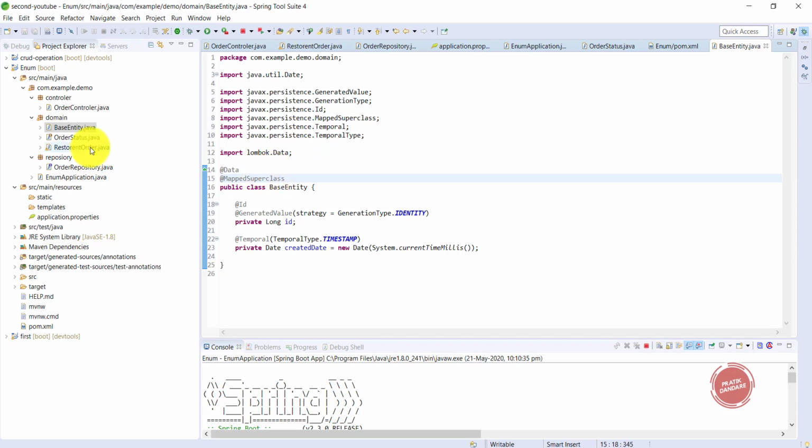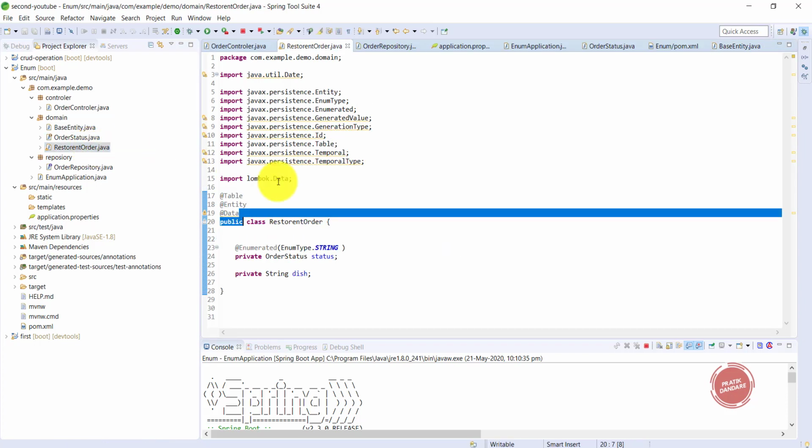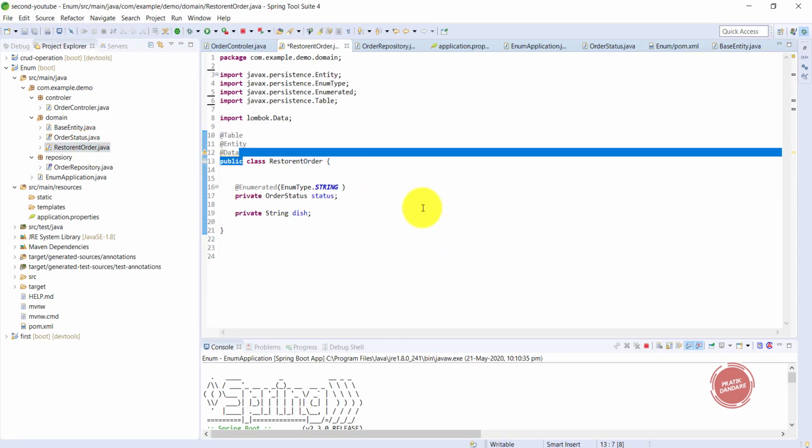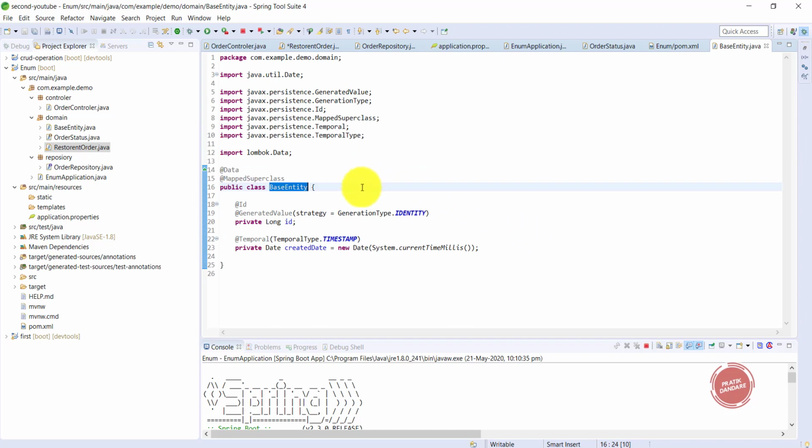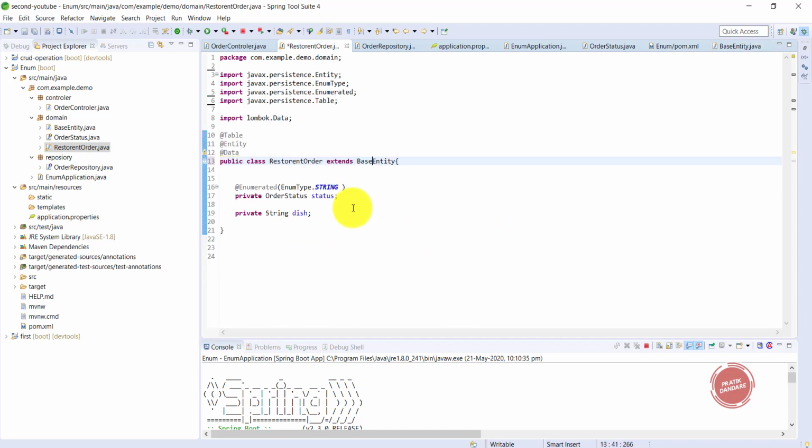I am going to save it, and the next step is to extend that class. We need to extend the base class into the child class. So it's the base entity. Indirectly we have all the properties of that superclass, ID and created date, inside this class. So I can do another example.